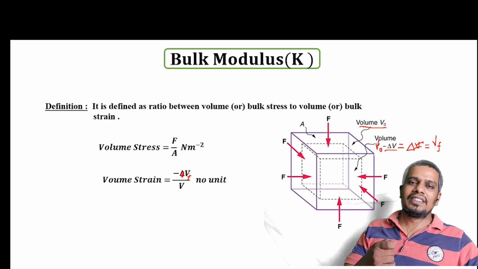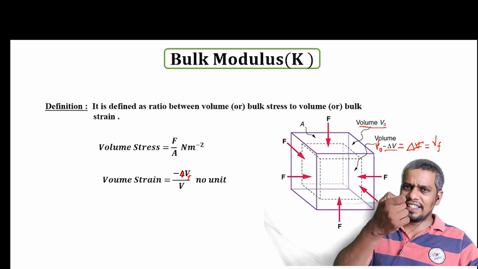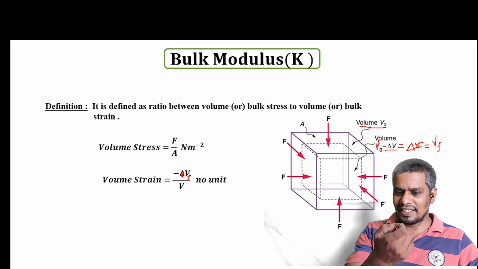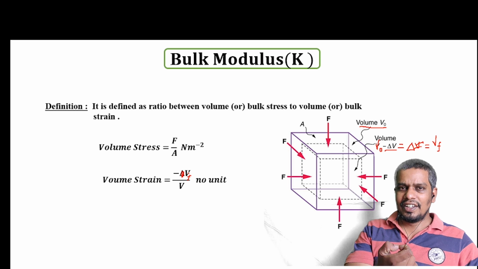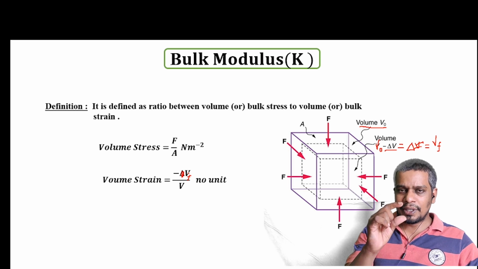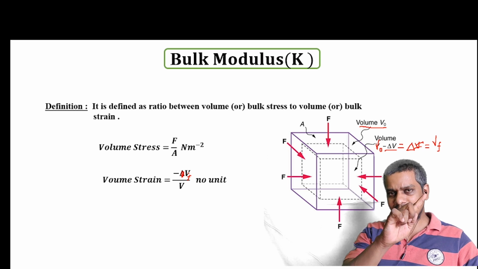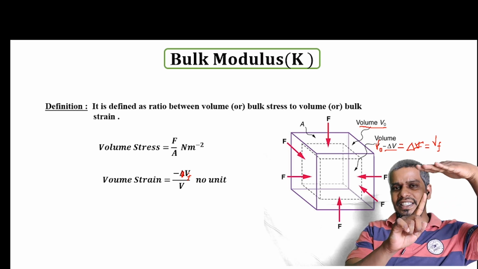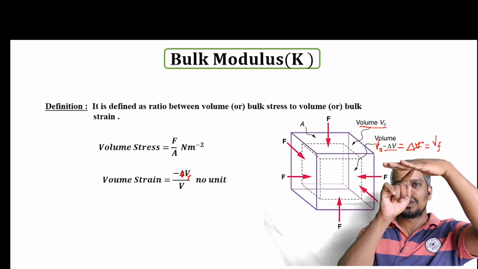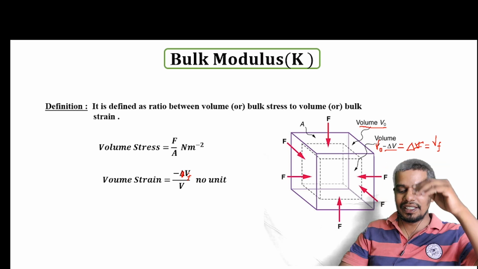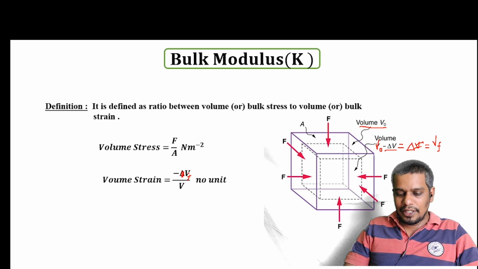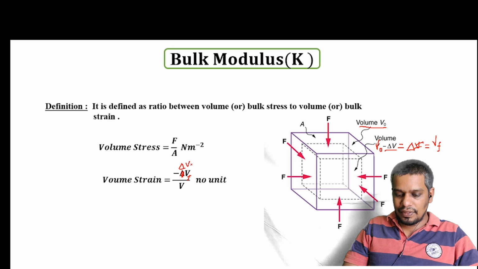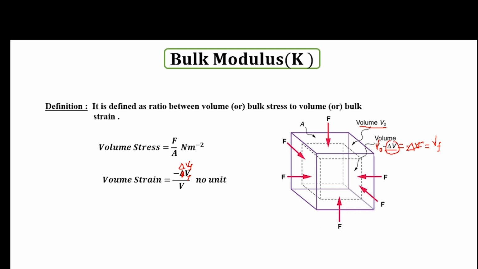In the linear case we have studied, the change in length, the small l, is changed. In the shearing strain, when we give the shearing stress, the angle will change. So small x we have taken, a slight change. So here it is better to keep it delta V itself, the change in volume. So there is no need of this kind of confusion. Keep it as the change in volume, and don't use the final volume.